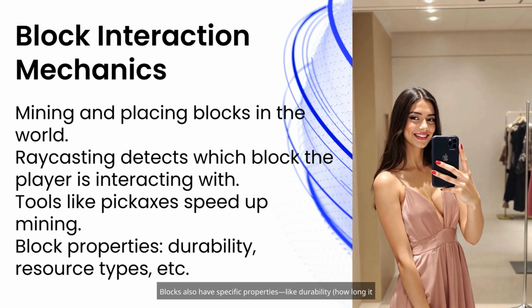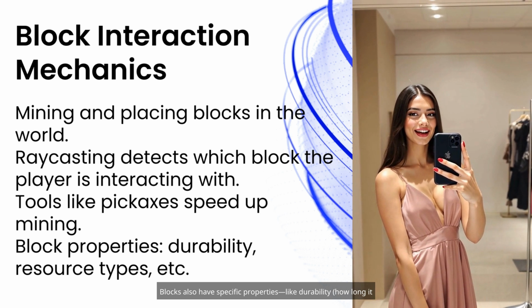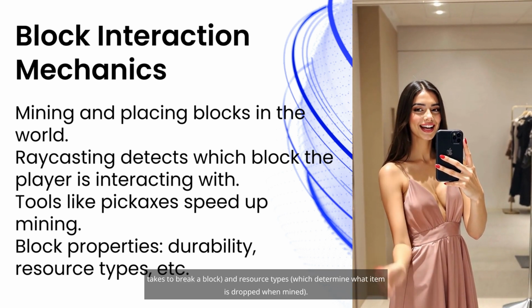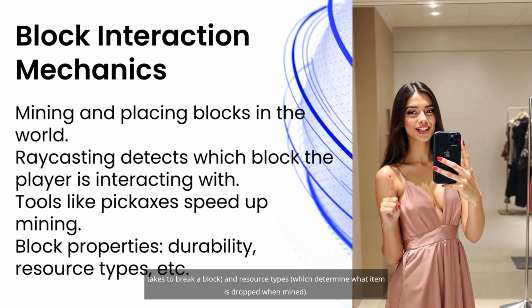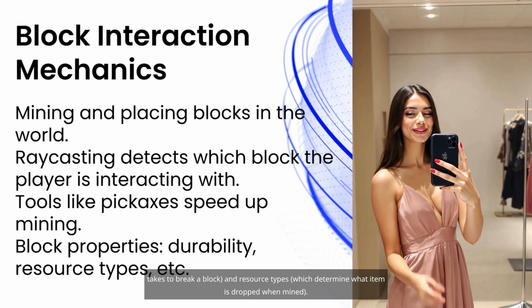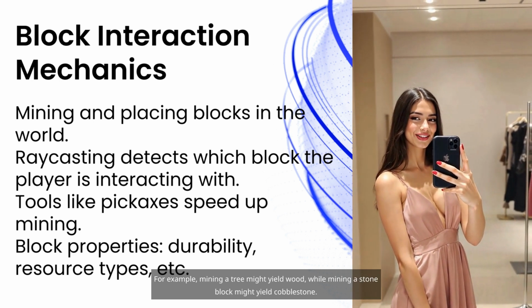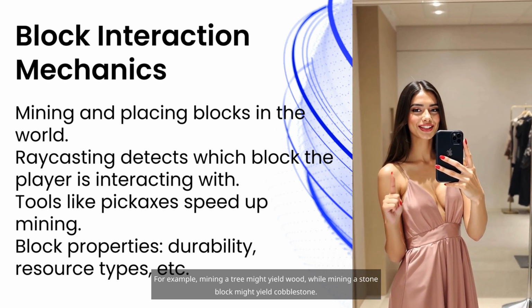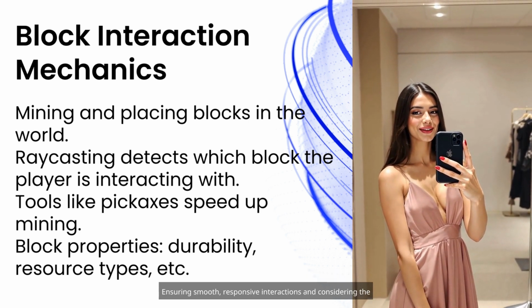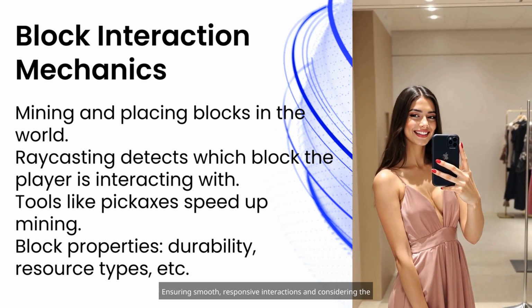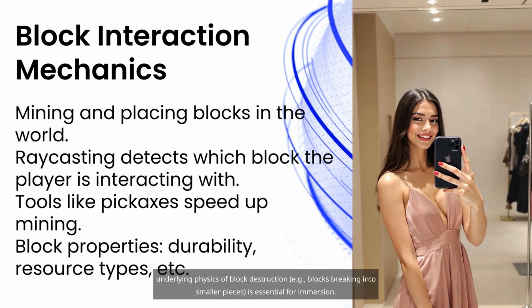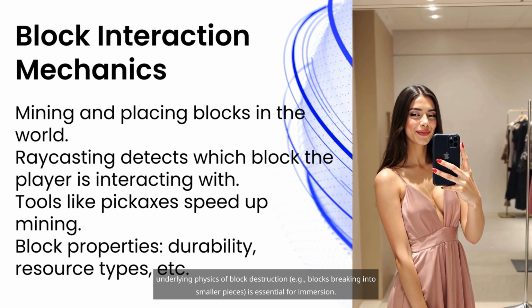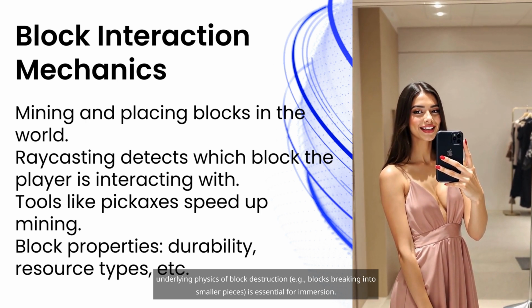Blocks also have specific properties like durability, how long it takes to break a block, and resource types, which determine what item is dropped when mined. For example, mining a tree might yield wood, while mining a stone block might yield cobblestone. Ensuring smooth, responsive interactions and considering the underlying physics of block destruction, e.g., blocks breaking into smaller pieces, is essential